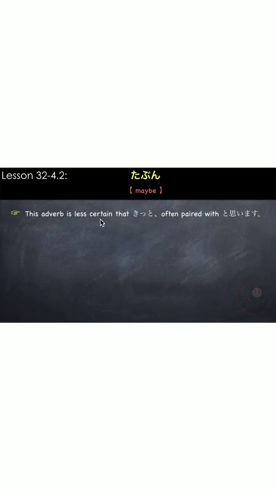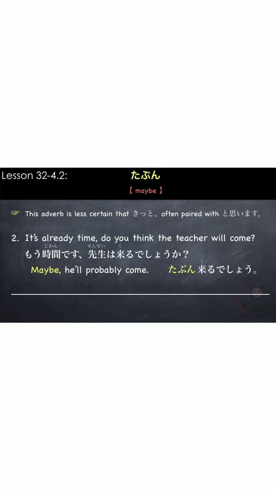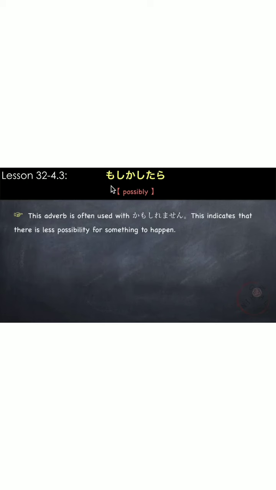The next one is the adverb 多分 or maybe. This adverb is less certain than きっと, often paired with と思います. For example, it's already time. Do you think the teacher will come? もう時間です。先生は来るでしょうか? Maybe he'll probably come. 多分来るでしょう。Or maybe I think he'll come. 多分来ると思います。